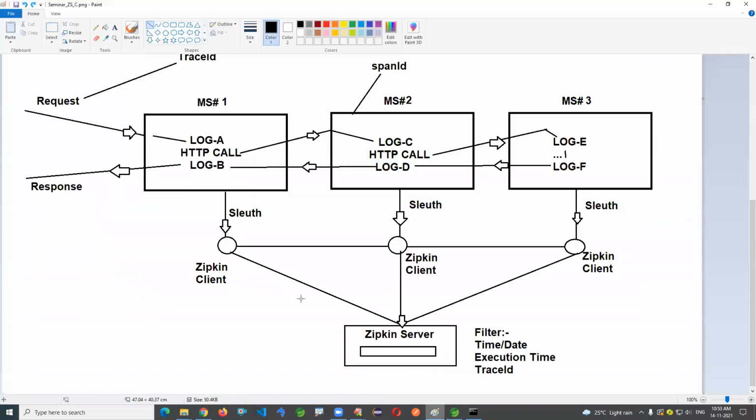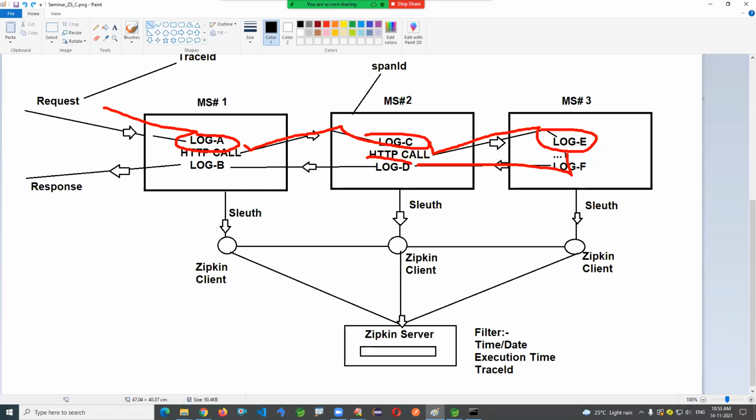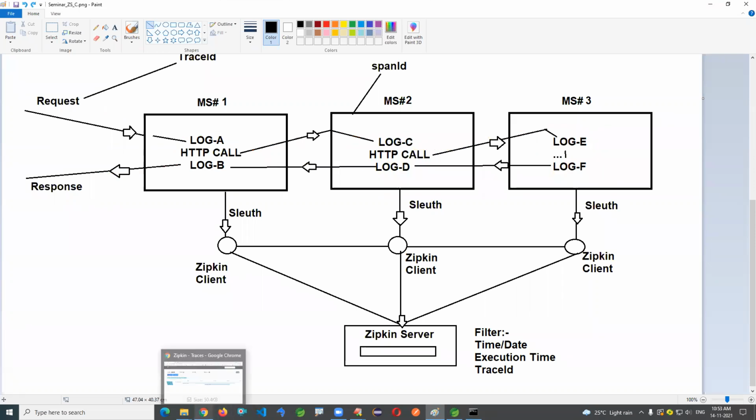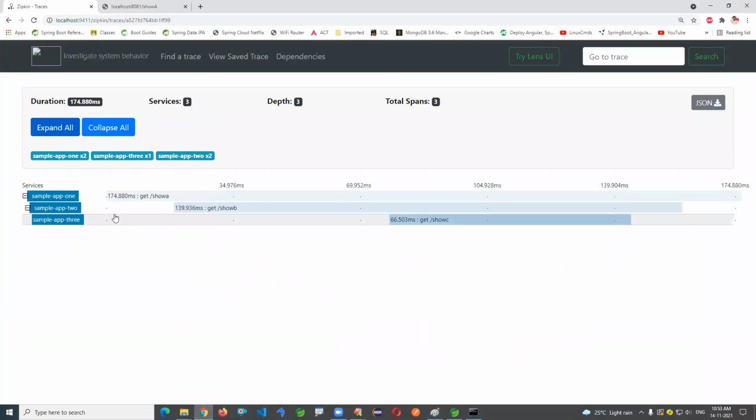Okay, first the request came to microservice 1. From there, next it is making a second call to microservice 2. Then it's actually going to microservice 3 and executing some logic, coming back to 2, executing some logic and coming back here, and finally giving some response. Okay, here, so it is actually splitting. First one, it started the flow.